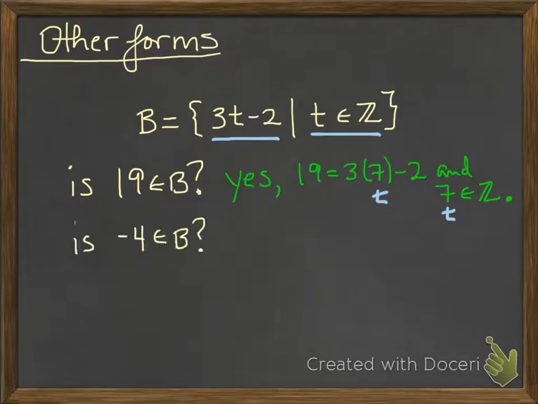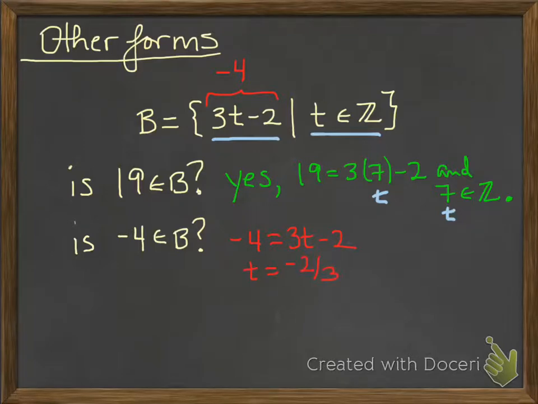Similarly, is -4 an element of B? If I look at the value -4, and I imagine placing it in there for the expression, then that means -4 would have to equal 3t minus 2. And with a little bit of algebra, I can quickly see that the only possible answer to that equation is